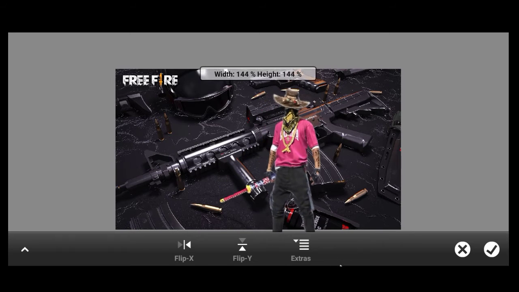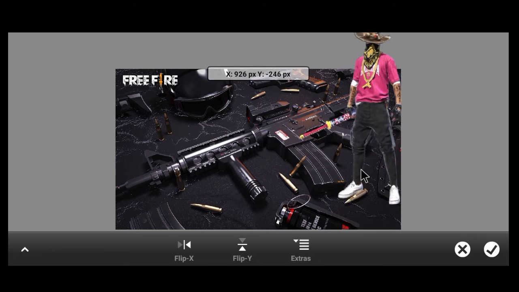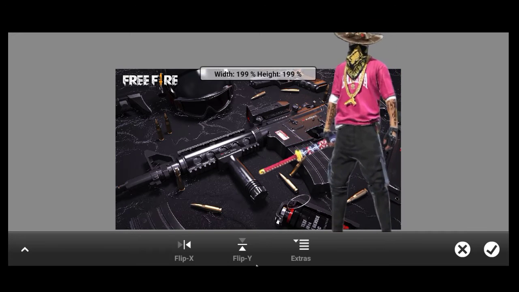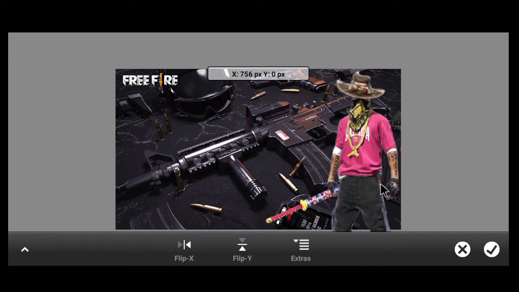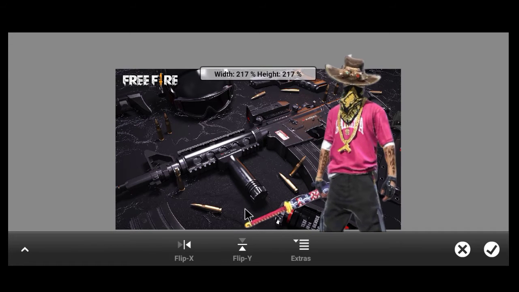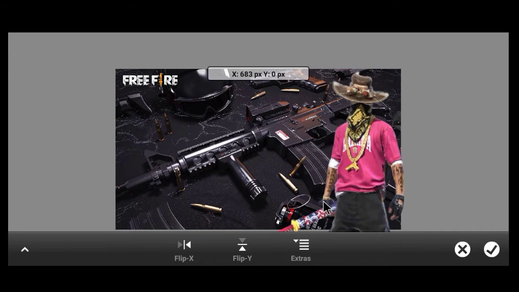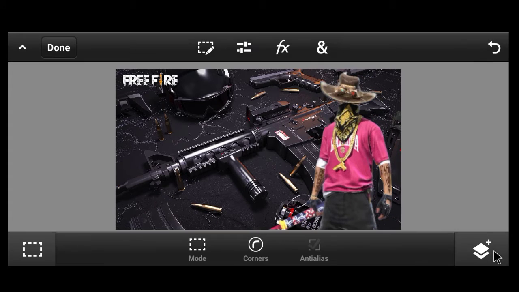I'll be importing the hip hop PNG which I want to use in my thumbnail. I'll be using only till the knees, so I don't want to keep the full body in my thumbnail.